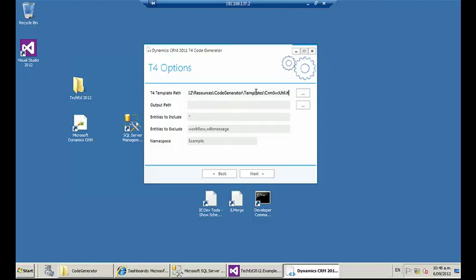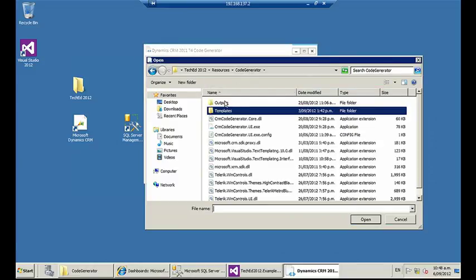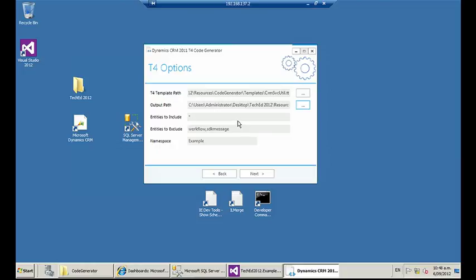If at the moment you're using the CrmSvcUtil and you want to keep code looking the same, you can use this T4 code generator with this template to generate the same code that CrmSvcUtil generates. So I've made it so that it's backward compatible, but going forward you can extend it using T4 rather than the SDK one. Then I have to specify an output path, so I'll just say the C# one, and